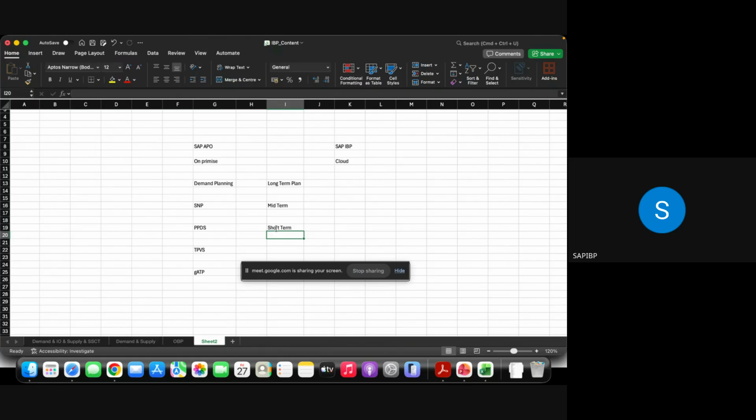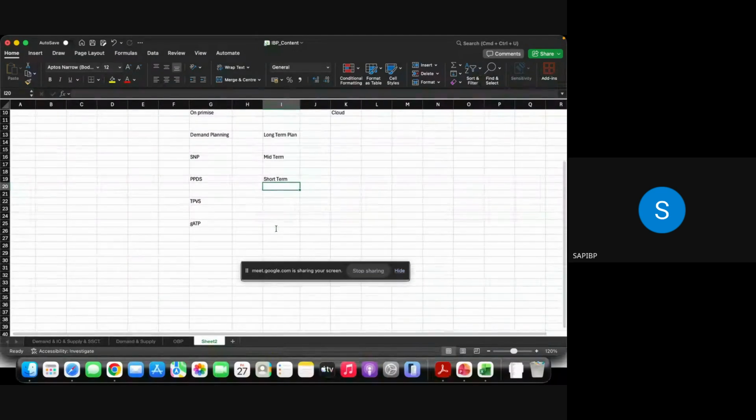Suppose at the manufacturing unit, you need to produce 10 orders. Those 10 orders may belong to different products. Let us say 3 orders belong to one product, the next 3 belong to another product, and the remaining 4 belong to a third product. Now, in which sequence do I need to schedule those production orders at the lower level so that I can utilize my resources optimally? That's where PPDS will help you optimize your resource utilization by scheduling your orders.